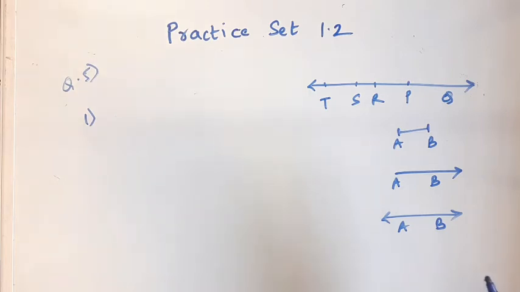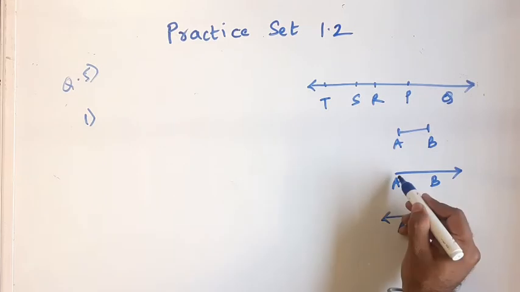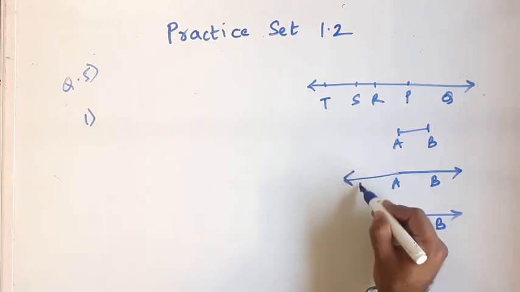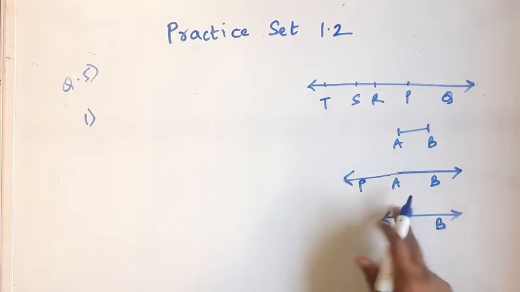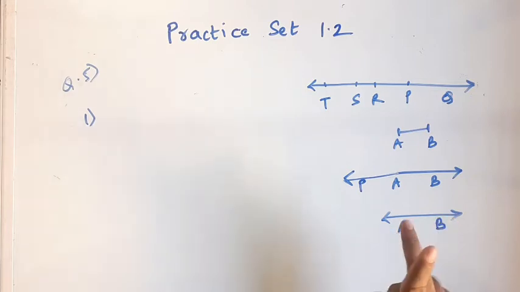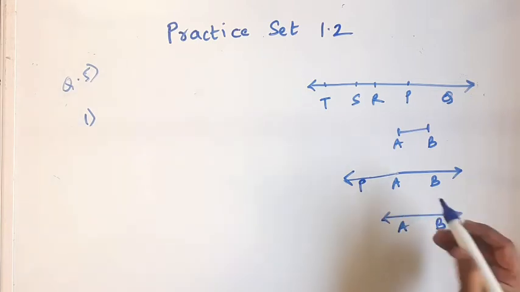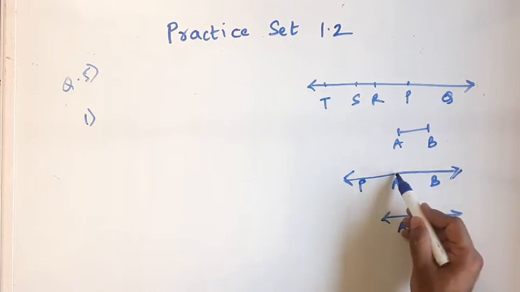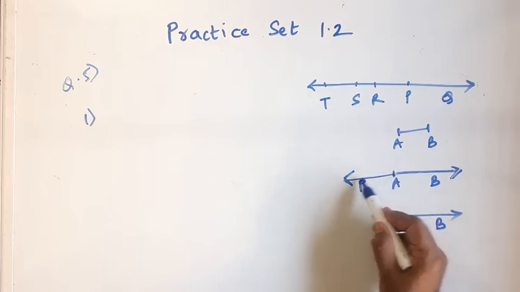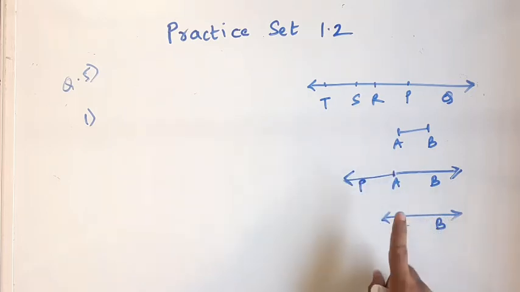Opposite rays, one principle you have to remember: both the opposite rays will have the same starting point. Like here if I draw this, you can call this line PB. But out of this I can make out one pair of opposite rays. That is ray AB. You can see this is ray AB, so its opposite ray will start from the same point, ray AP. This is one pair of opposite rays. Understood? Now we'll come to the question.